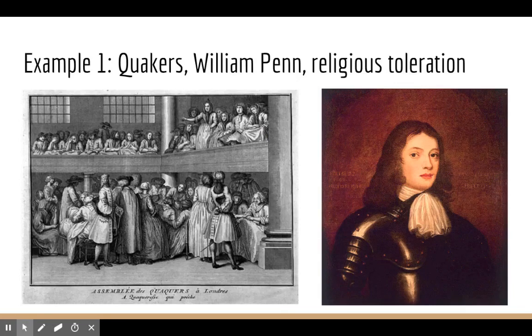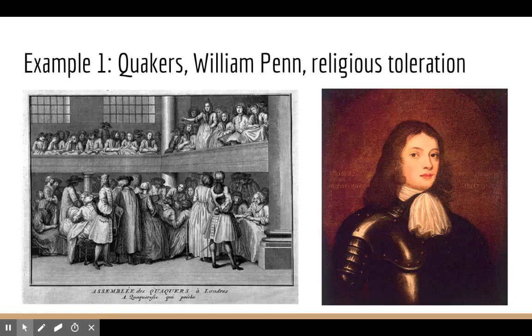The Quakers, William Penn, and religious tolerance are all words that need to go together in your head. The Society of Friends, or the Quakers, was a group of religious believers who refused to bow to the crown and therefore were not welcomed in England. They were Christians. They believed everyone had a right to seek God in his or her own way, so they believed in religious tolerance. William Penn